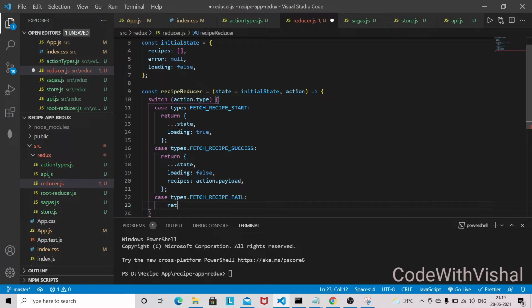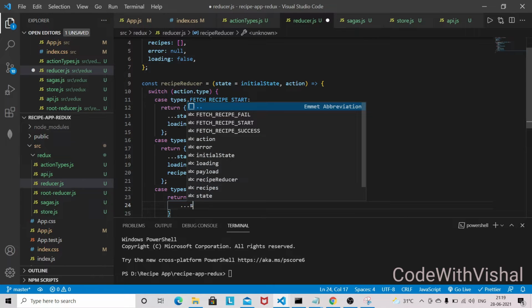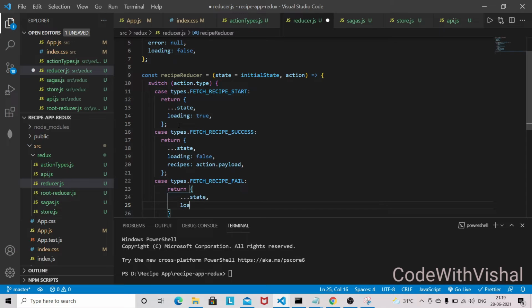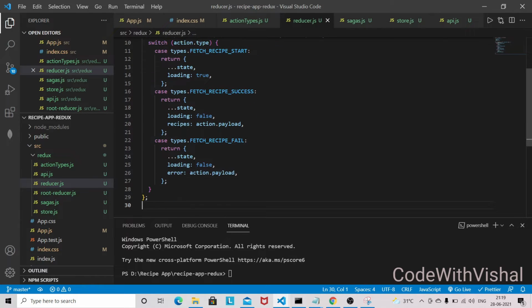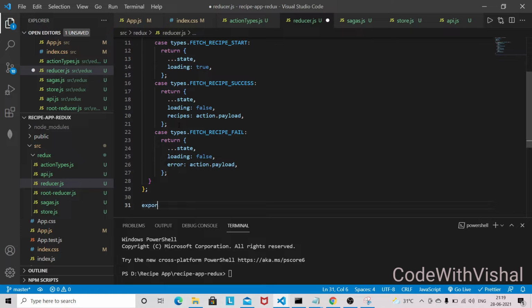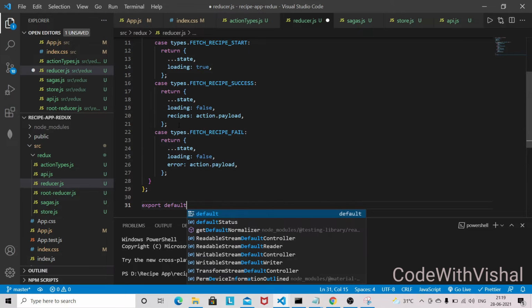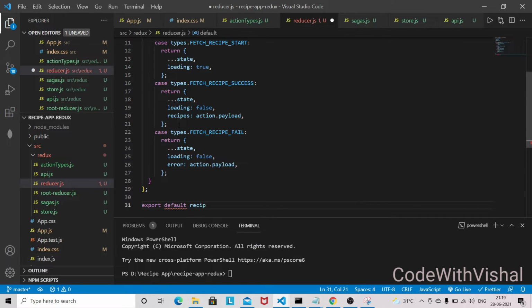In that case, return state, loading false. So in that case also I want loading to be false, and the error state will be action dot payload. So our reducer is completed here. Export default recipe reducer.